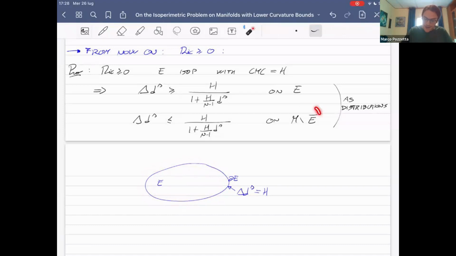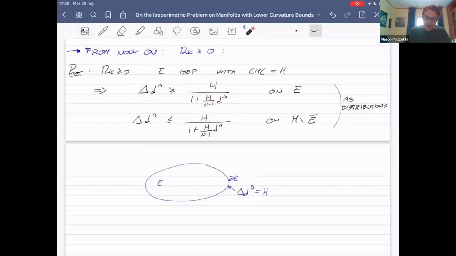And precisely outside of the set, I get this upper bound on the Laplacian. So everywhere I get, in a weak sense, this upper bound. As a distribution means, again, I imagine putting a Lipschitz function here and integrating once by parts, then you get the actual meaning of the inequality. So outside, I get this inequality in a weak sense. Inside E, I get the opposite inequality in a weak sense. So a local information becomes a global information, and here it will enter the information on the lower bound on